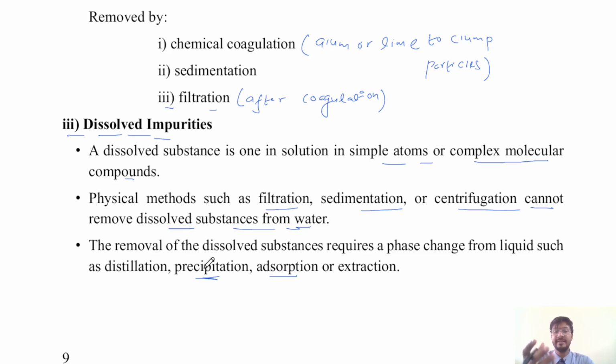Why cannot dissolved salt be filtered from water? Because it's chemically bonded at a molecular level. Because it is chemically bonded at the molecular level, dissolved salt cannot be filtered from water. So